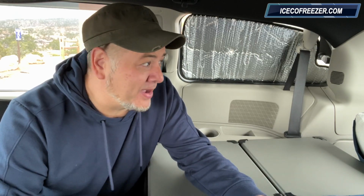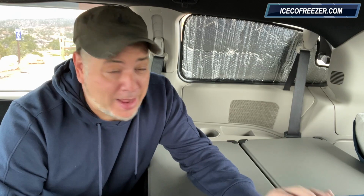This van is about to become my home for 6 months, maybe longer. It depends on how much I love it. And I already know I love it, so it could be longer. But that's not what we're here to talk about today. We're not here to talk about my living conditions or my whereabouts. We are here to talk about